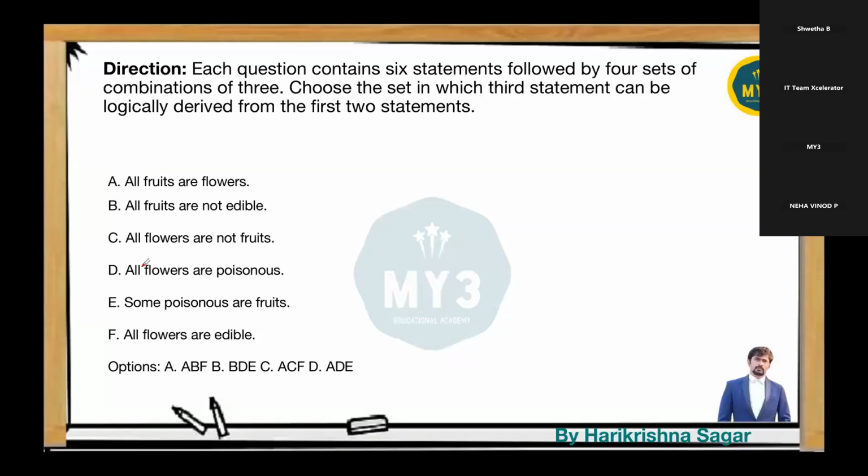You'll see more syllogism-kind of statements, but solving the question will be a little different. I will tell you the approach so that it is easy to tackle the questions in the exam.